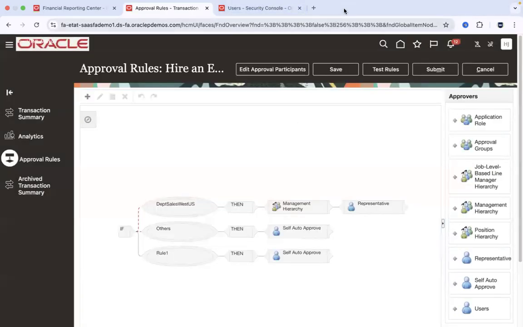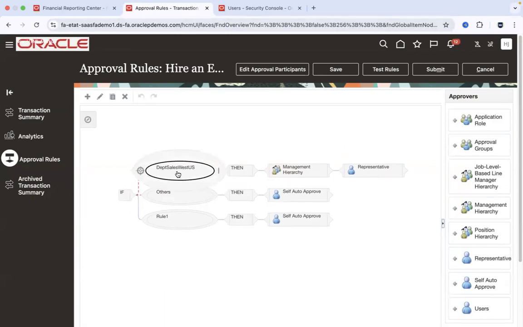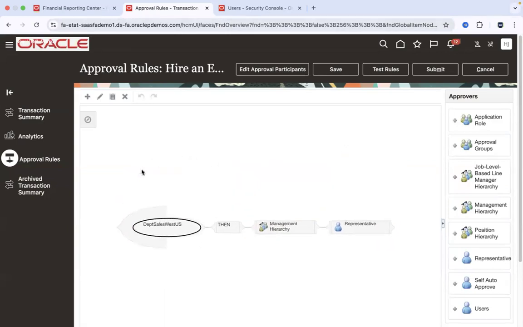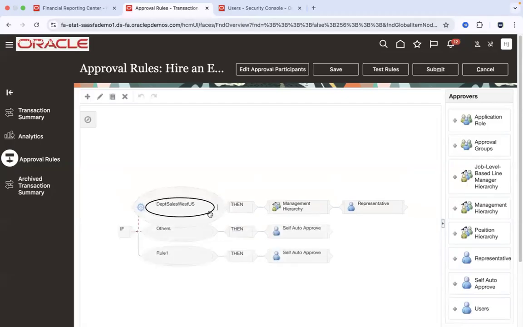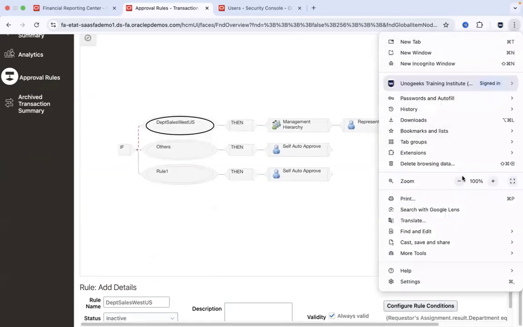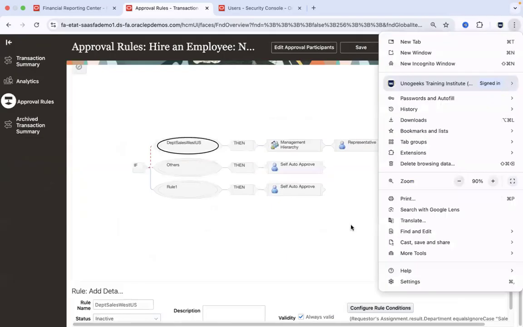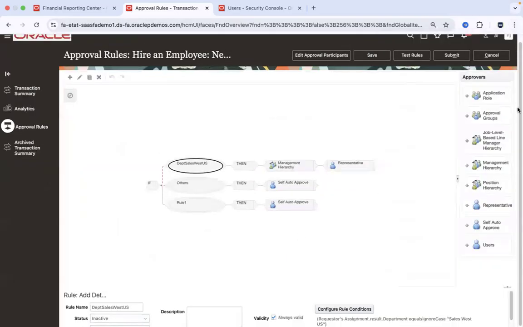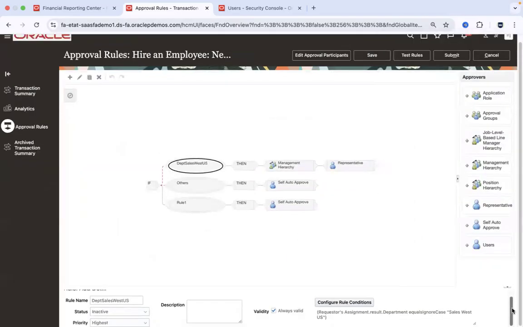Okay, so you see here, you can write the conditions. So if the department of the employee, if employee is hired in a specific department. So you go in here. I think it's opening up at the bottom. Let me just reduce the zoom size a little bit so that you can see it. Yeah. So if you scroll down a little bit here, so you see here, the moment you check this condition,